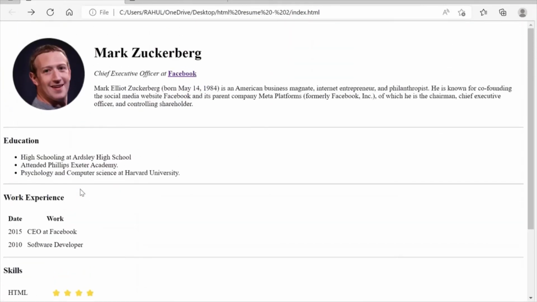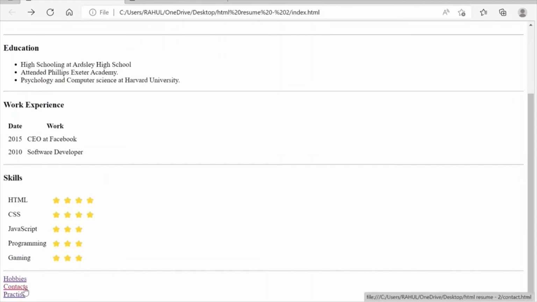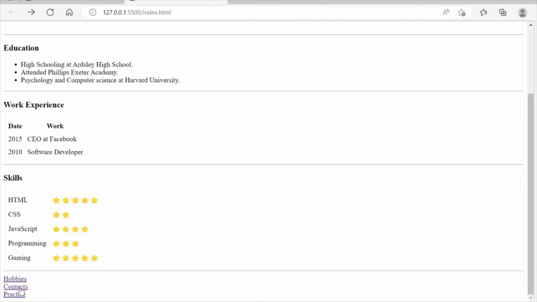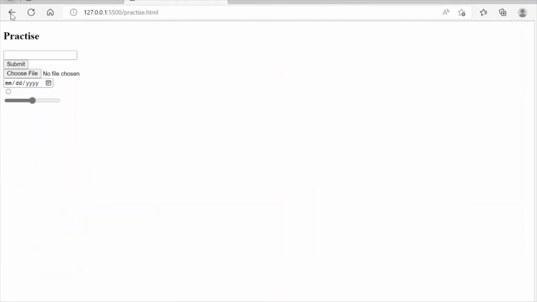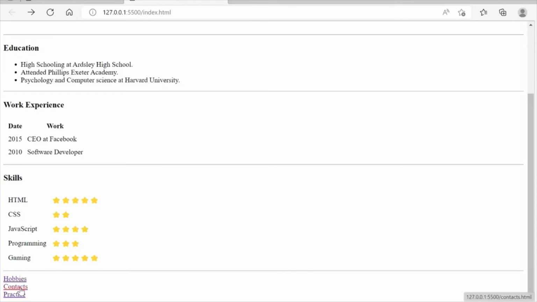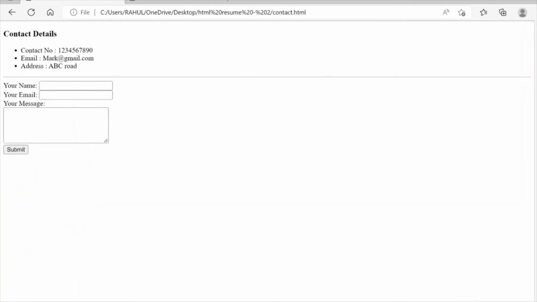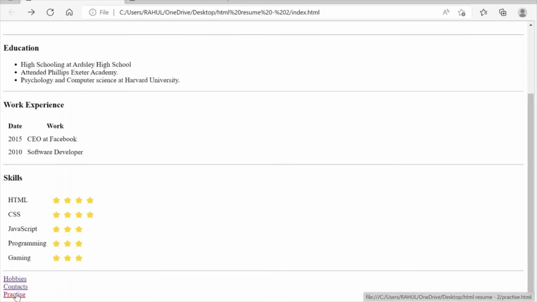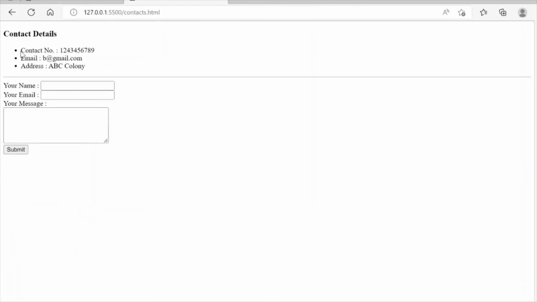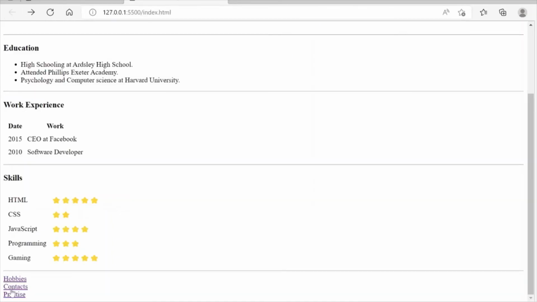So this was the actual site that we needed to build, and this is the one that we created. So these are exactly similar. Okay, so I need to click on contacts, right? So you can see the sites are exactly similar to what we needed to create, and finally we saw the practice assignment, and that was also done.